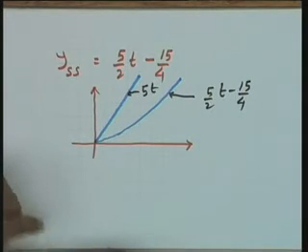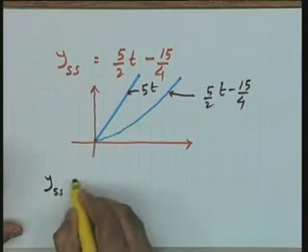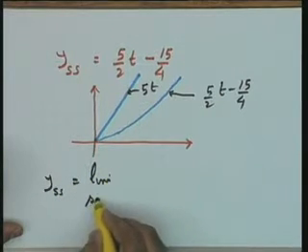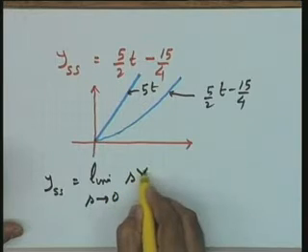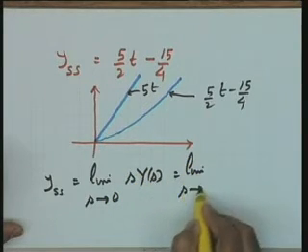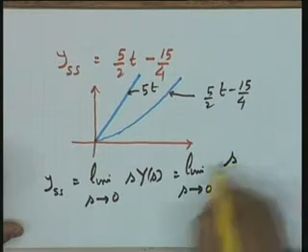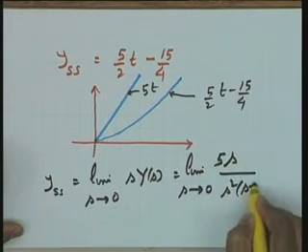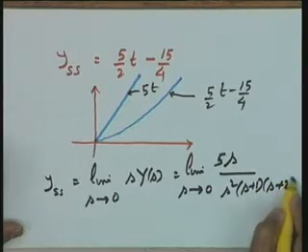I told you to be a little cautious when applying the final value theorem. Look at this particular case. What is Yss? If I apply the final value theorem to this, limit s tends to 0 of sY(s) equals limit s tends to 0 of s times 5 over s squared (s plus 1)(s plus 2).